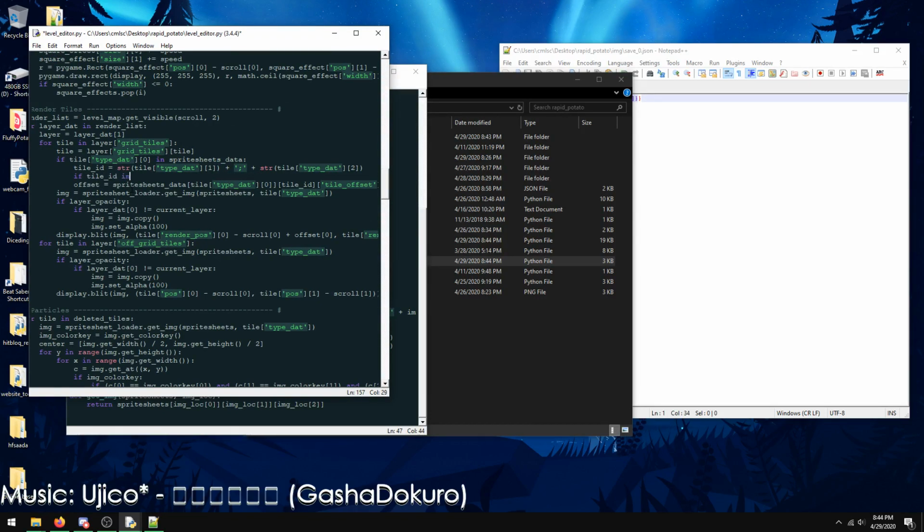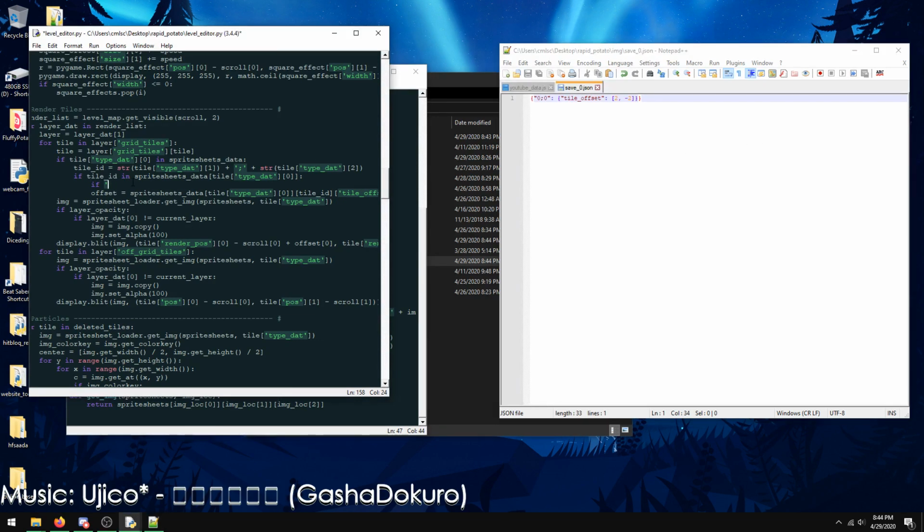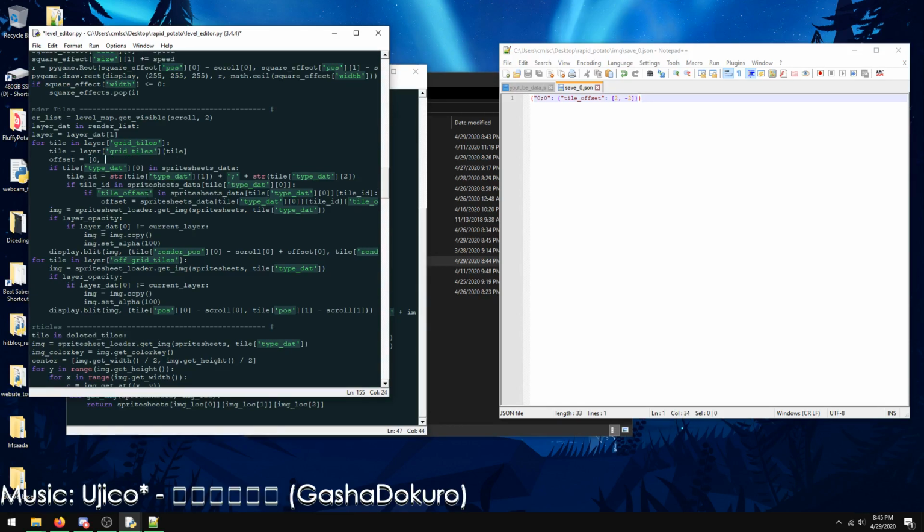If tile ID in sprite sheets data, and now I need to take this thing and then I have to do it one more time. If tile offset in, and then I take this, and then the tile ID, and then I can render it, well, update the offset. So otherwise, offset is going to be, isn't sprite sheet that, not,